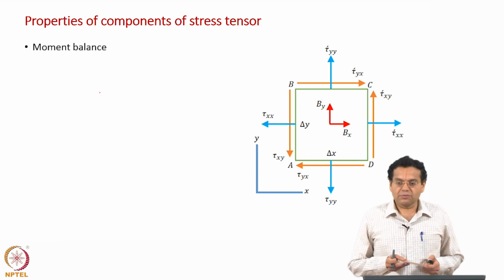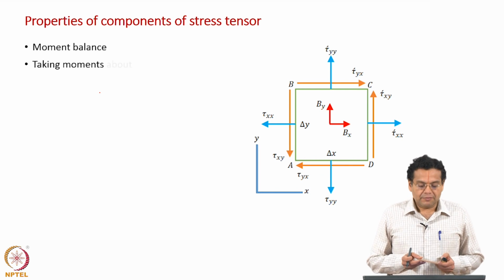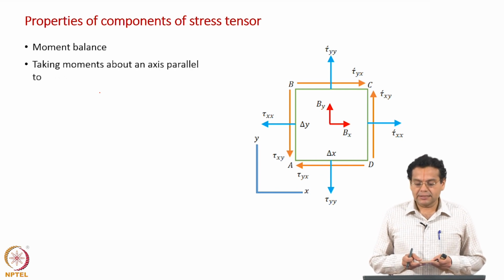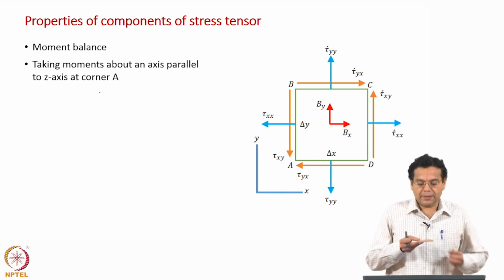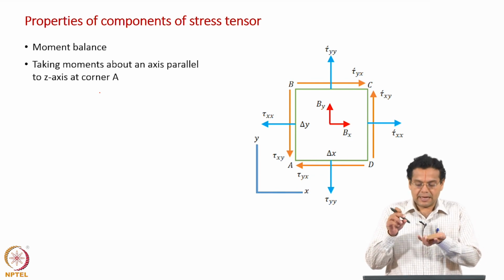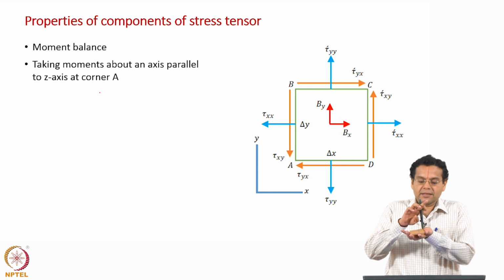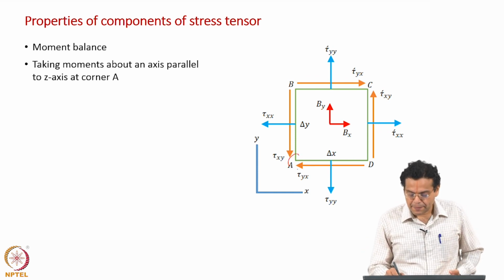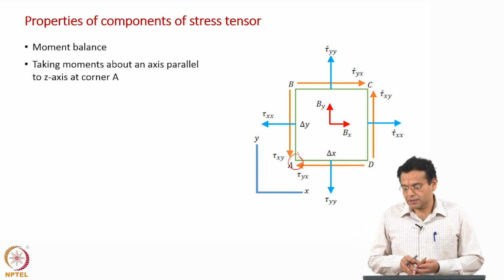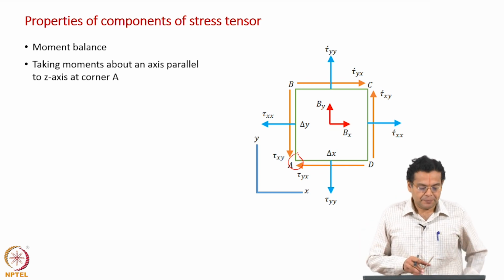So, moment balance is what we are going to write. We take moments about an axis parallel to the z axis at corner A. Okay. We have the plane in the xy axis, and I have taken a z axis at corner A. So, this is a corner, and your z axis is perpendicular to the plane of your slide. Okay. Now,